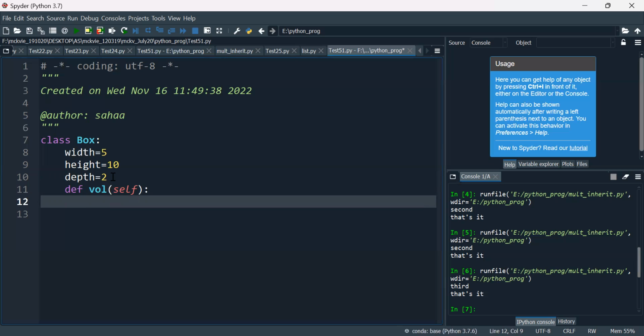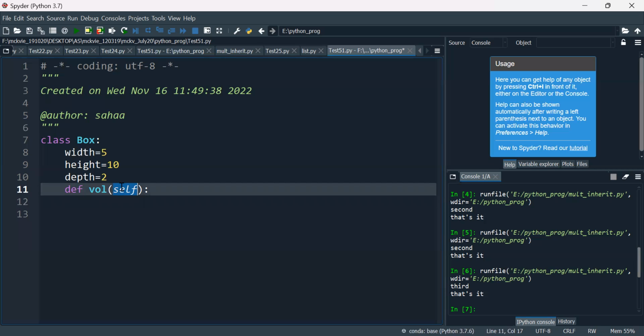In case of a normal user defined function, we just write def vol. If it is parameterized, then I have to mention some parameter list. If it is not parameterized, then I need not write anything there. So here, when it's a function defined under a class,